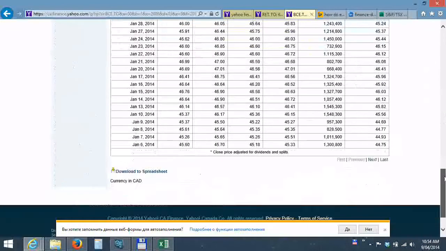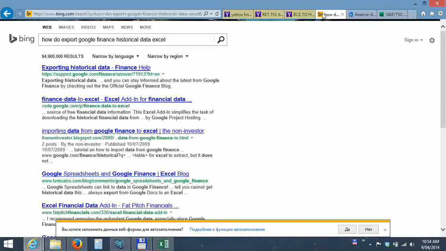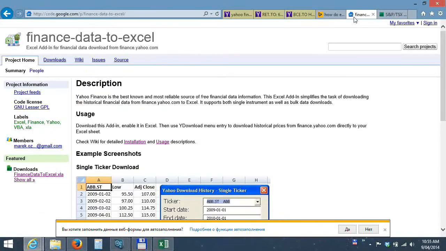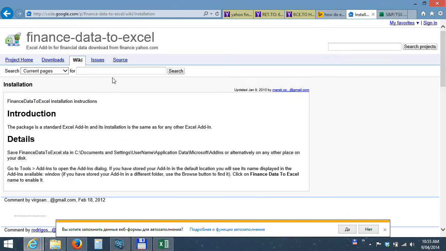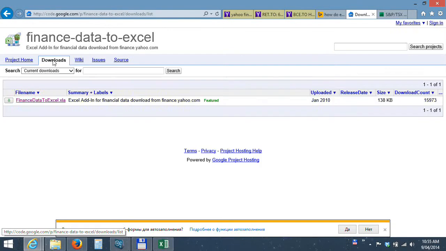Now you can of course do this, but if you go to the website, this is the Finance Data to Excel add-in. Using the link provided here, code.google.com/p/finance-data-to-excel, you can install the add-in in Excel. You can look at the installation information here, and you simply need to download the add-in for the Excel from